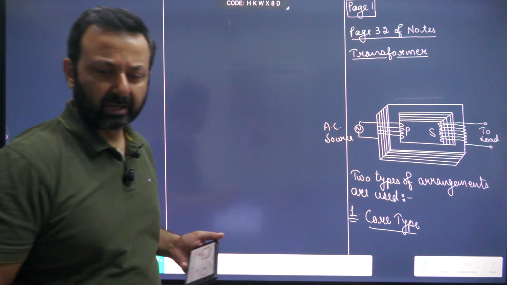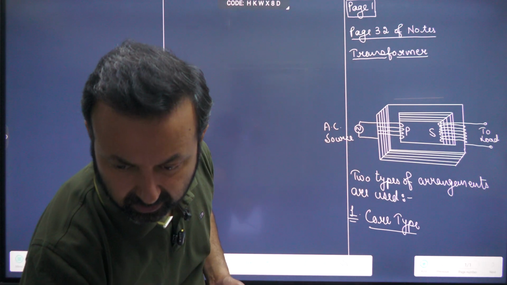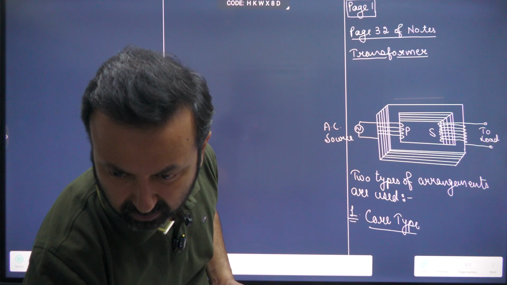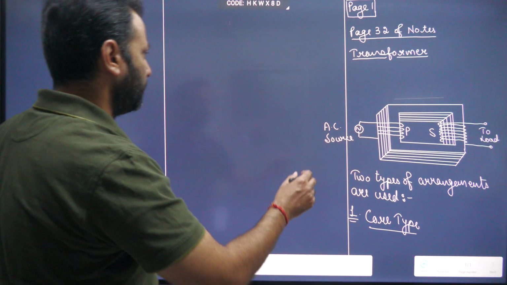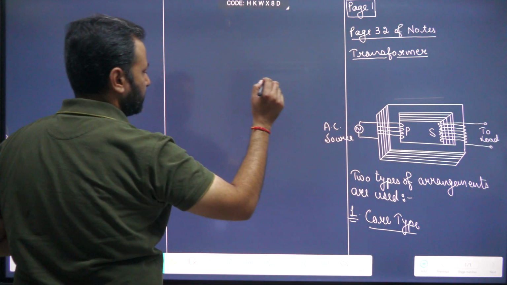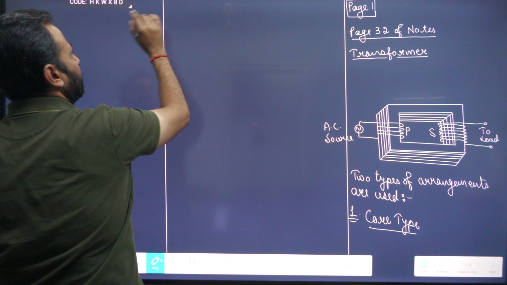So I'm not drawing the diagram again because it is drawn in the notes. So this is core type. So core type is just similar to this, and the second one is